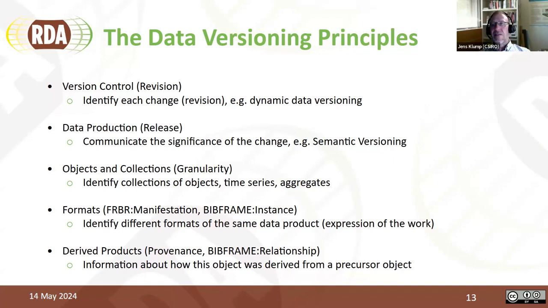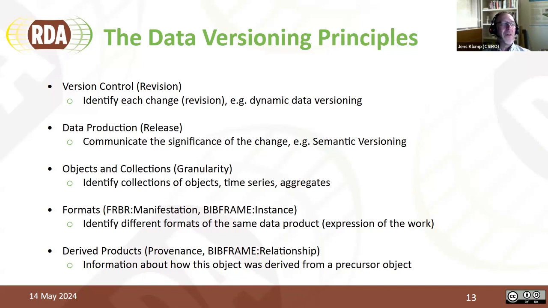After several revisions of a data product, you decide that you want to release a new version. And here, the difference between revision and release is that a release is a curatorial and editorial process where somebody makes a decision to release something as the new version.